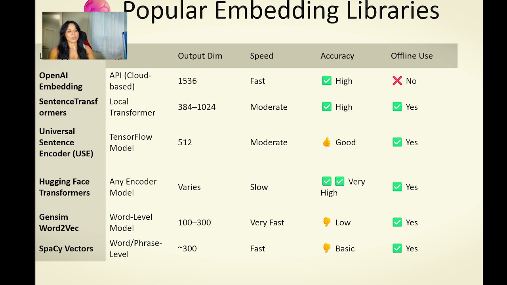And then we have the Universal Sentence Encoder from Google, which is one of the most powerful embeddings out there. The speed is moderate, but the pro of this embedding is that you can download it and use it offline. And then we have Hugging Face transformers in Python libraries, which are easy to implement and use in your coding. In this table,